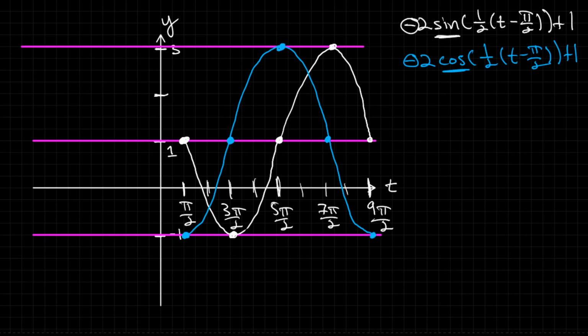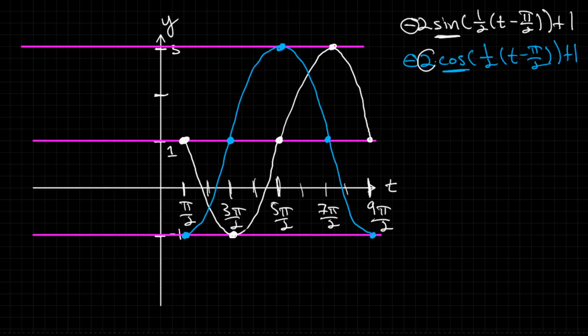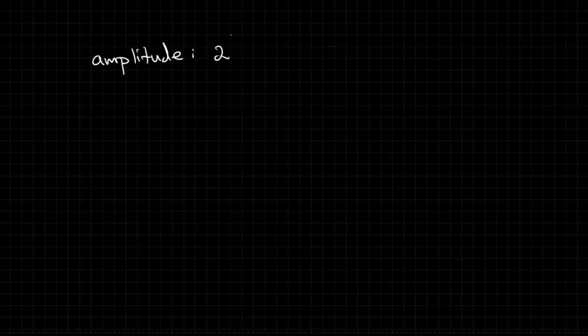Finally, let's go ahead and list some of those important characteristics that we defined earlier. So the amplitude, that is 2, because you simply take the vertical stretch, leave off any negative that's there. The midline, of course, we already found out, that's y equals 1. The period,